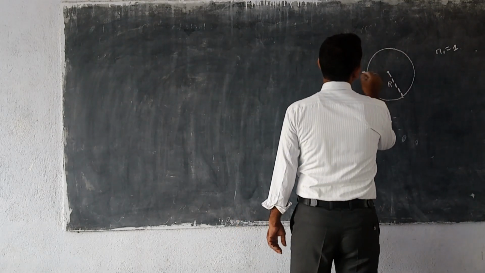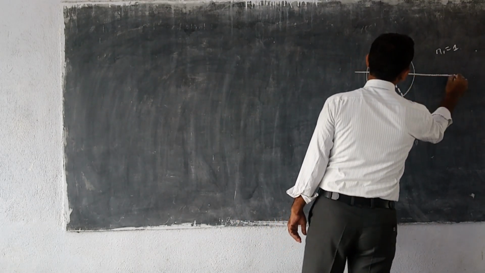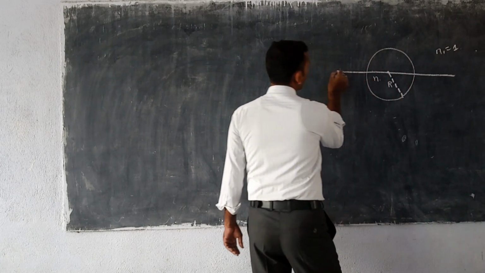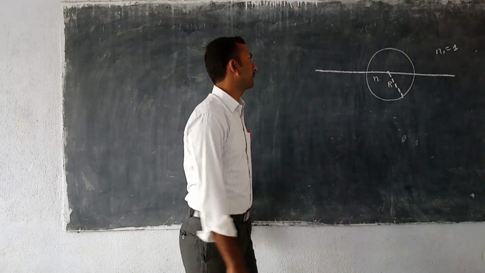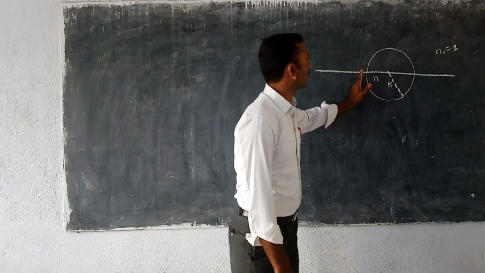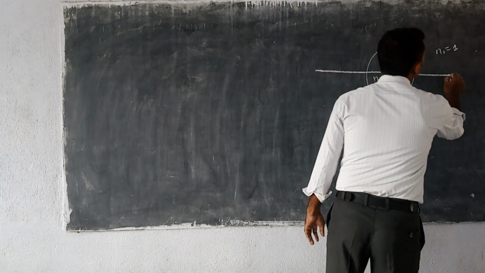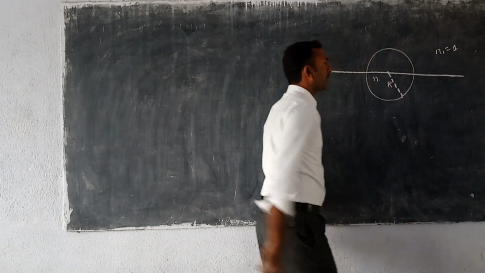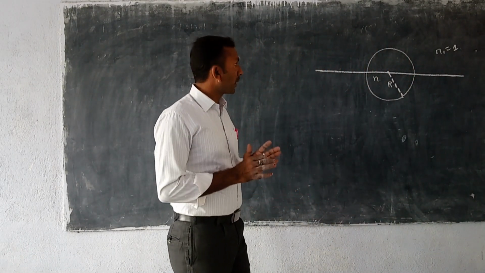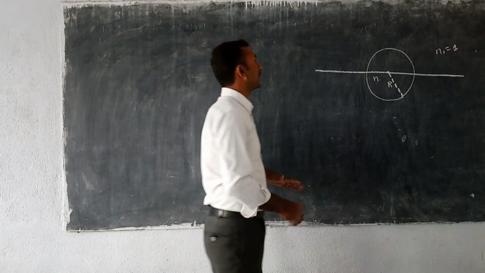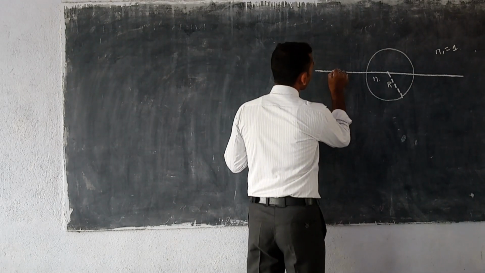So just draw a principal axis. And where should we keep the point object? Here or here or here or anywhere. Where should we keep the point object to form a real image at the same distance? If you keep the object here,